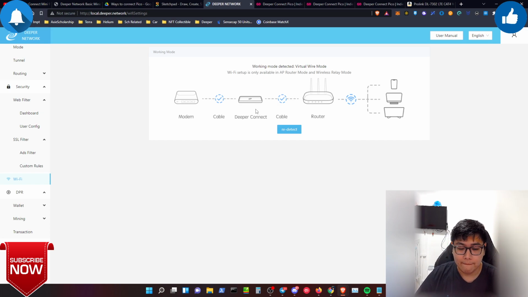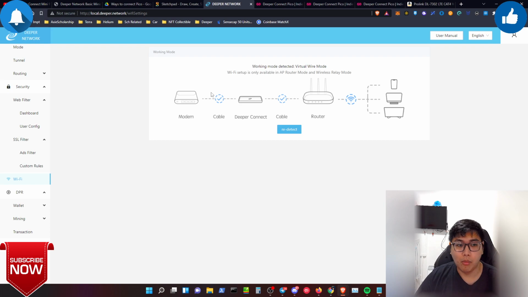that if, let's say, the front port and the end port have been plugged in, the mode is going to be detected as virtual wired mode, and from that, it will not broadcast any SSID. So if you really want to use it as Wi-Fi, I would just recommend you plug it onto the modem, and after that, just plug it onto, doesn't matter, it works the same way,